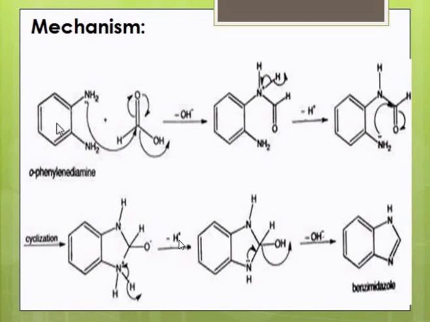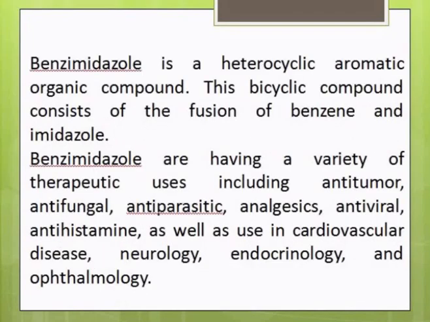This proton will be removed from here because there is less electron density. This electron will transfer here and the lone pair of nitrogen appears, and then this proton attaches to this oxygen having a negative charge, and it will form an OH group. This OH group is removed from here along with this bond.